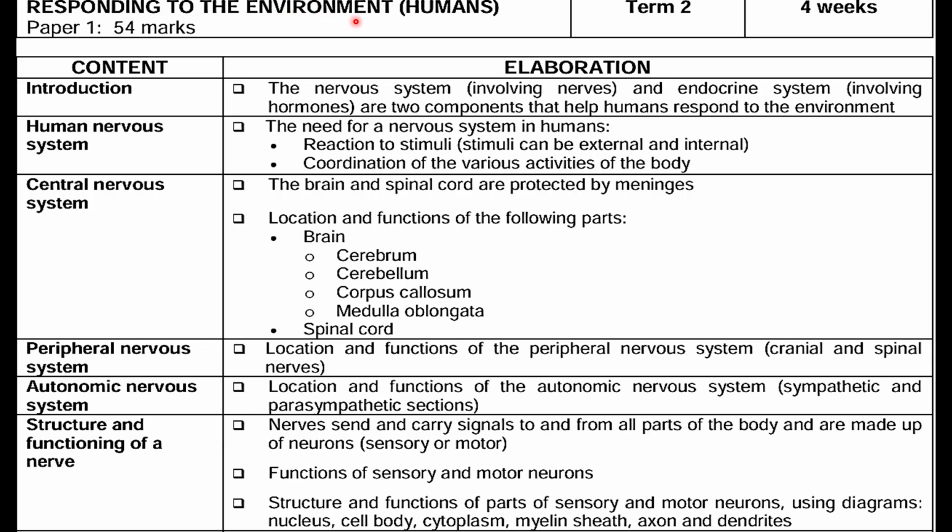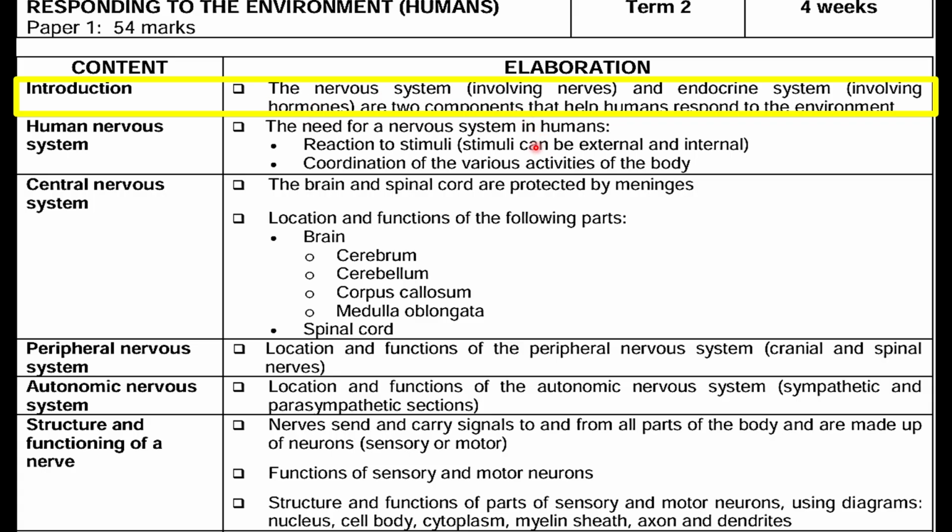The human response to the environment is divided into three components. There is the nervous system itself, then the human eye, and then the human ear. So in this presentation, I'm going to cover the human nervous system. But to do so, we have to go through the introduction. The introduction